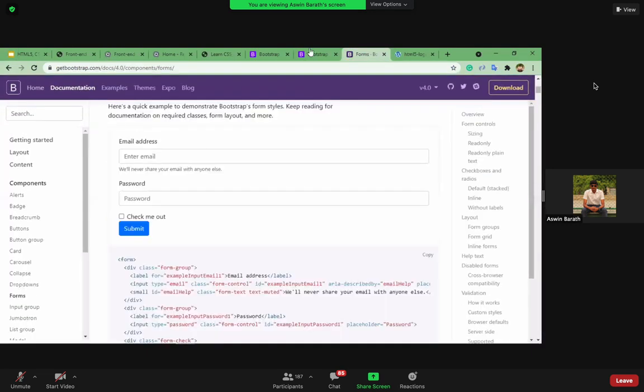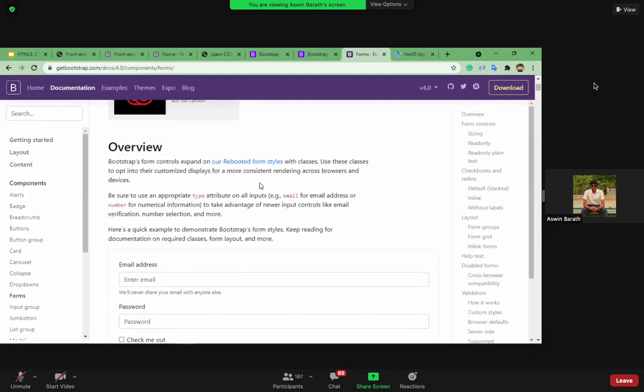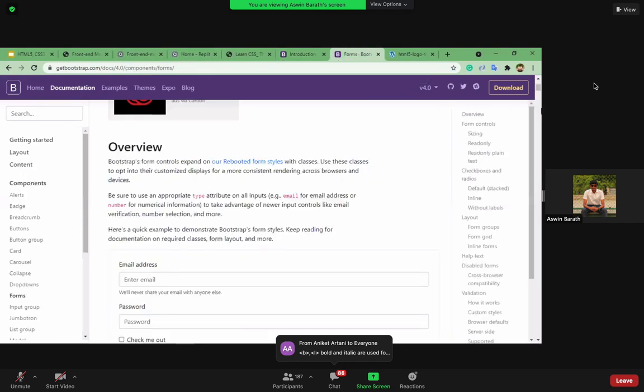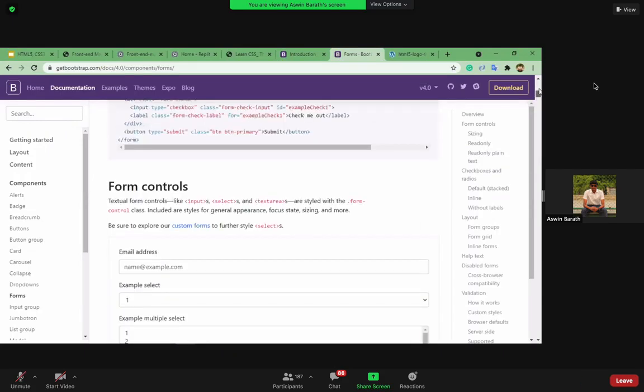As you can see, if we copy this CSS link and add it on our website, we can use the properties that we have in the Bootstrap framework directly. Okay. So I'll just go through the type of templates that they have.